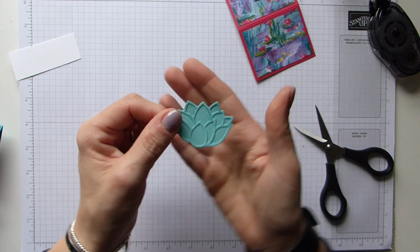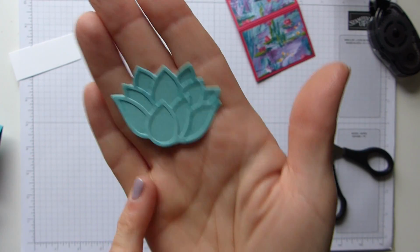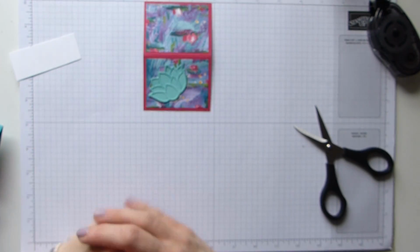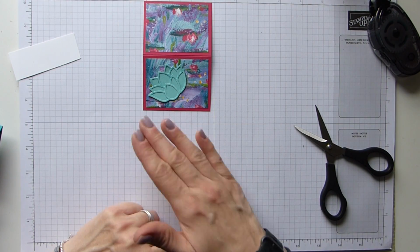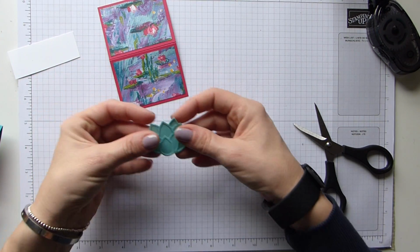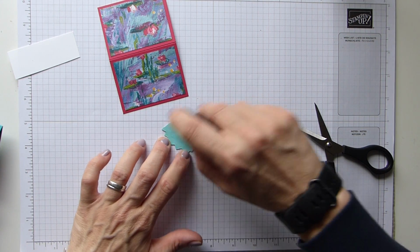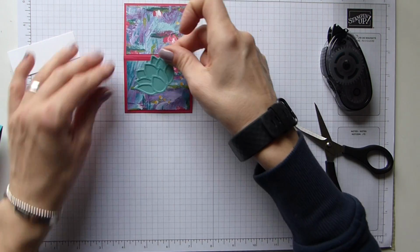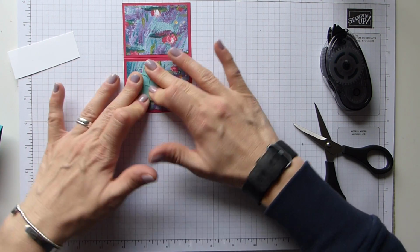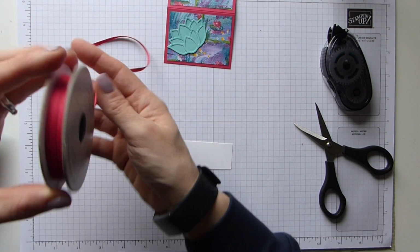And so here's one I made earlier. So glued on, cut all the way around, and I get that beautiful backing that now means that it stands proud on there. It doesn't get hidden and lost. So once that's done, I'm going to pop some snail and stick my beautiful die cut lily on there, and then a little sentiment, and I've got my, oh sorry,